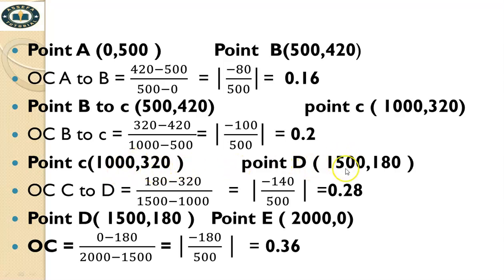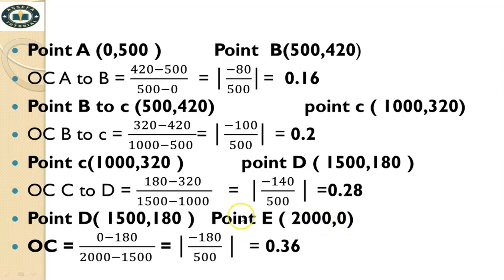Then point C to D, point C we have 1320, point D 1500 and 180. So we can calculate opportunity cost from point C to D, 180 minus 320 over 1500 minus 1000, we obtain minus 140 divided by 500. So we must insert an absolute value. We obtain 0.28 ማለት then 0.8 then point D to E ደግሞ point D ላይ 1500 እና 180 ነው።